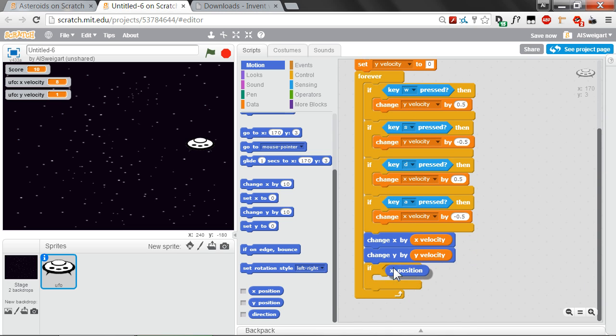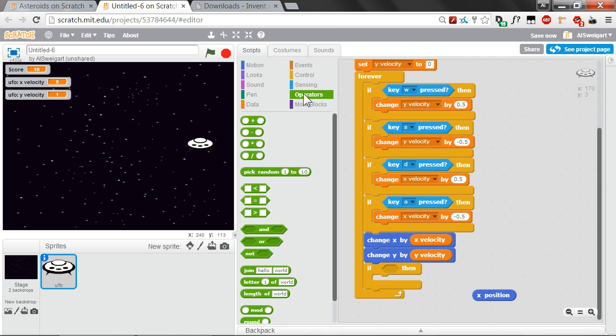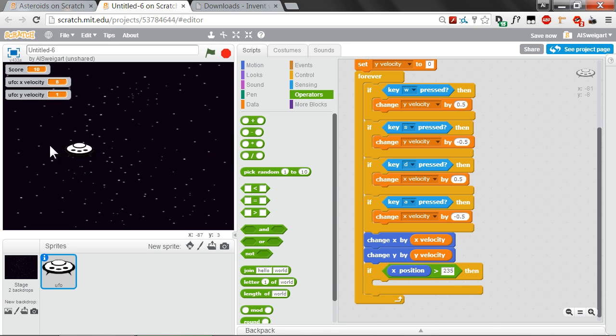So x position, well, this actually doesn't fit in there because this is a hexagon slot and this is a circular, oval-shaped bubble. What we really want is to go to the operator section first, then grab this greater than, which you can see has this little angle right here. It'll fit inside this slot. So right there, and then put this in there. So if x position of the UFO is greater than 235, we want it to appear on the other side,